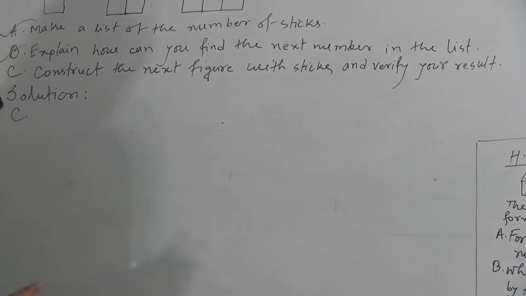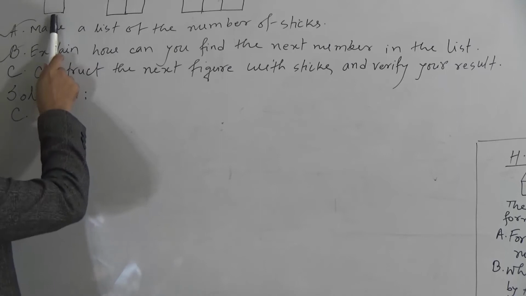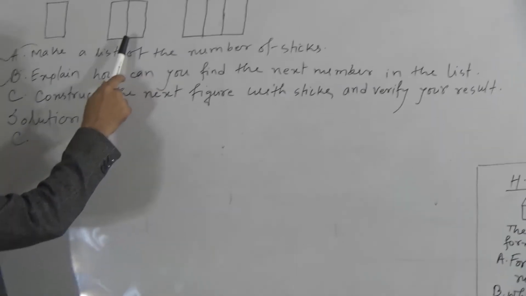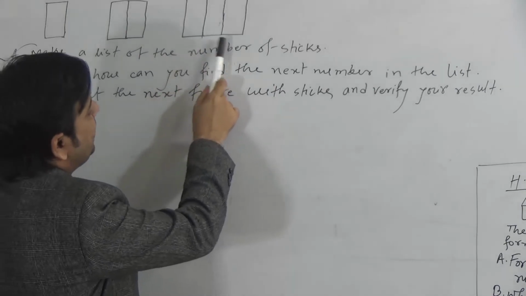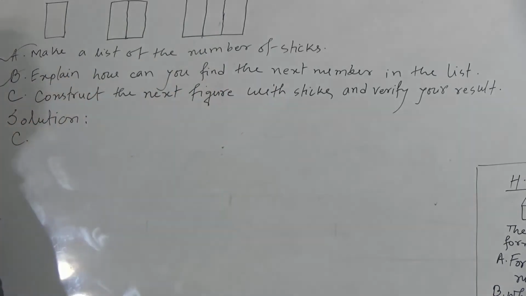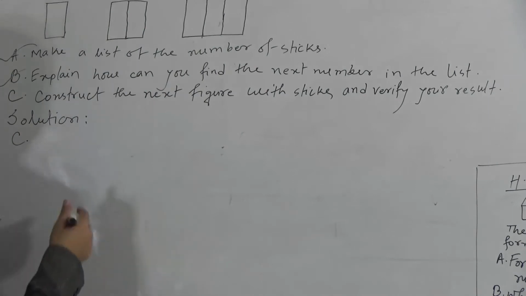the next figure. The students, in the first figure is one rectangle, in the second figure here are 2 rectangles, in the third figure there are 3 rectangles, 1, 2, 3. So in the fourth figure there will be 4 rectangles. So we can write